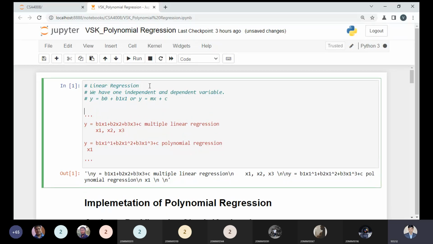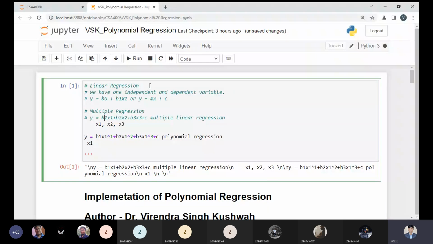But in the case of multiple linear regression, we can directly say multiple regression, as we have seen in the previous part. In this case, you can observe there is an equation which defines y equal to b1x1 plus b2x2 plus b3x3 plus c.